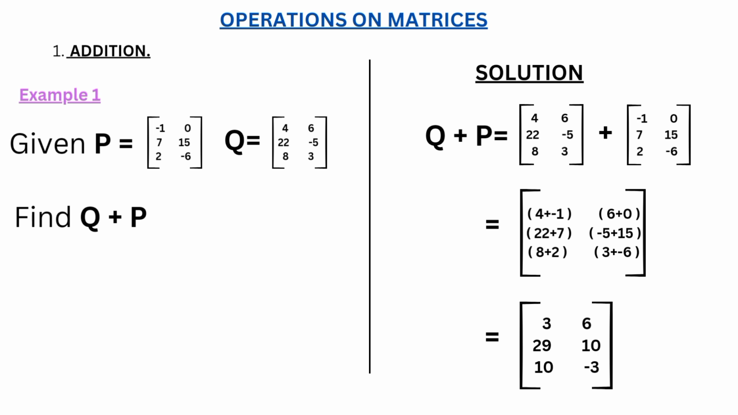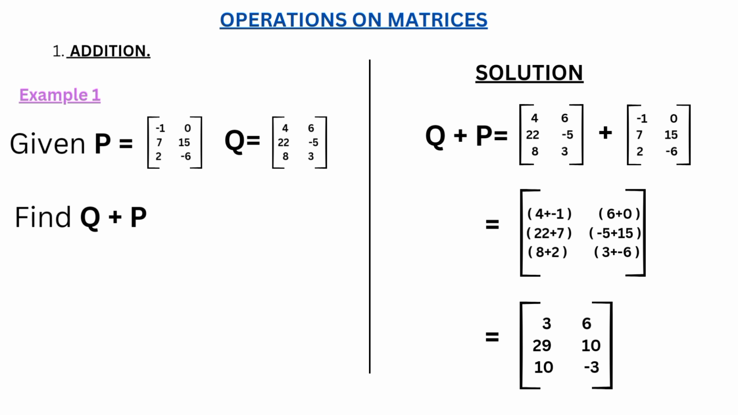So let's go to our solution. We add 4 and -1 since they're at the same position. So 4 plus -1 since it's addition, 6 plus 0, 22 plus 7, -5 plus 15, 8 plus 2, 3